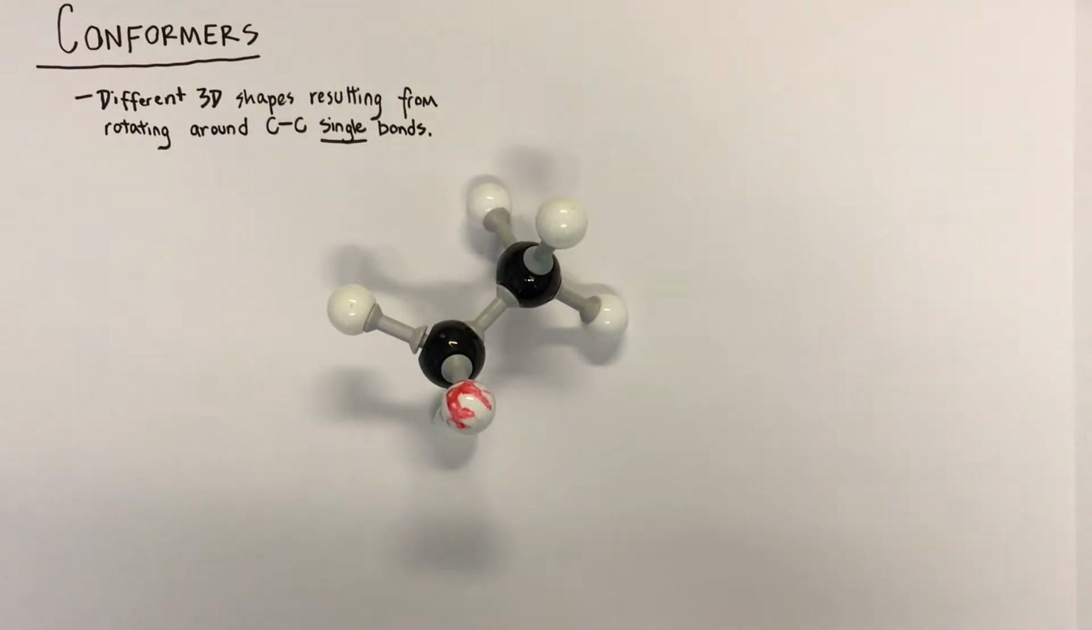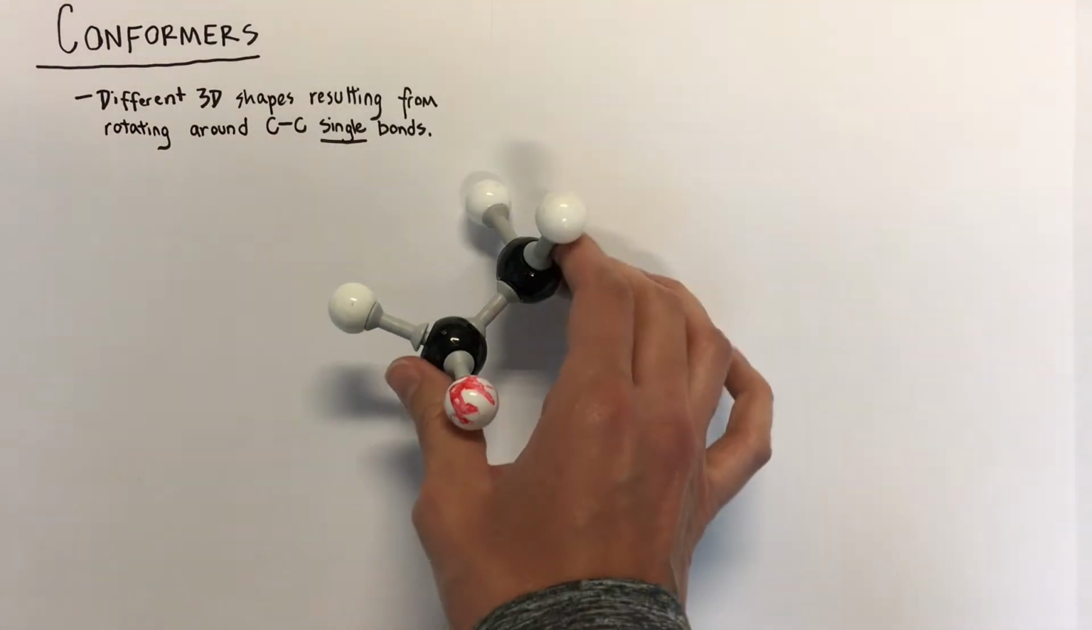In this unit, we're going to focus on looking at conformers. Conformers are defined as different three-dimensional shapes of a molecule that result from rotating around carbon-carbon single bonds. So this would be a great time to get out your molecular model kit and construct ethane, a 2-carbon alkane,